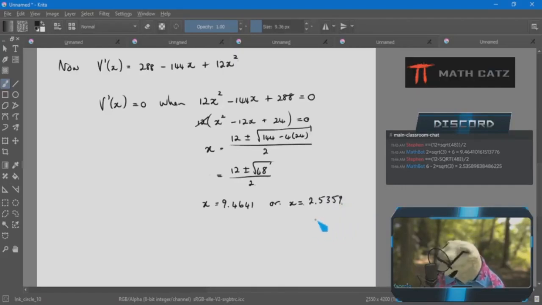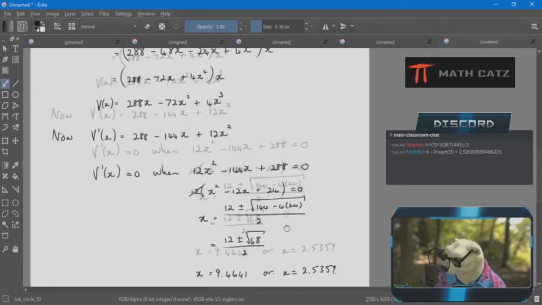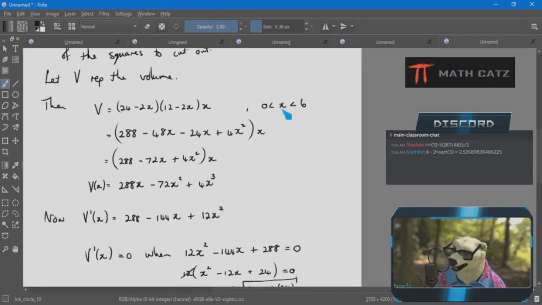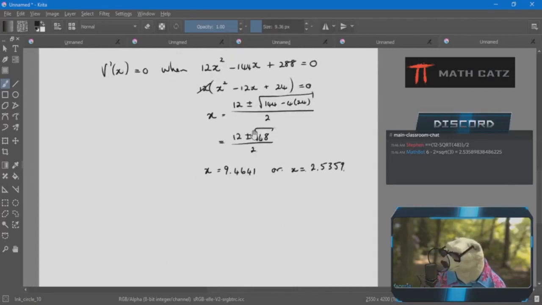All right. So when I look at my practical restriction, 0 to 6, I see that though this function didn't know, there is a critical point at 9 point something and at 2, but I can't cut out this much. So this one is not applicable for me and my problem. The function doesn't know that. So I only have this critical point